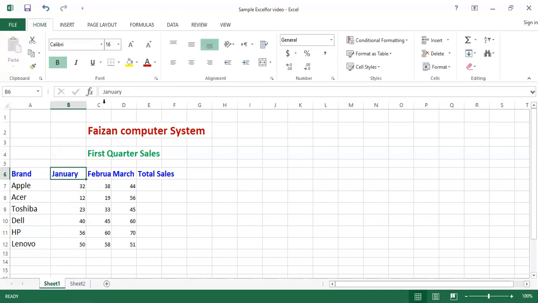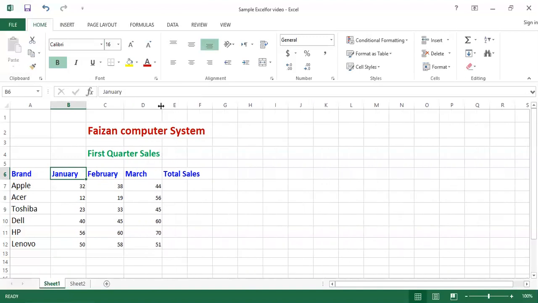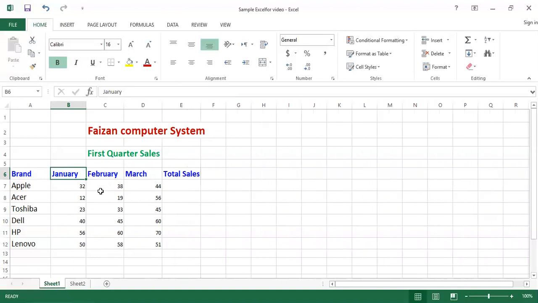Move your mouse pointer towards the boundary line between C and D. You want to increase the C cell size or width. So see, it is increased now. Again you can increase the size of the D cell like this. It is increased now. So in this way you can increase or decrease the particular cell size or cell width.